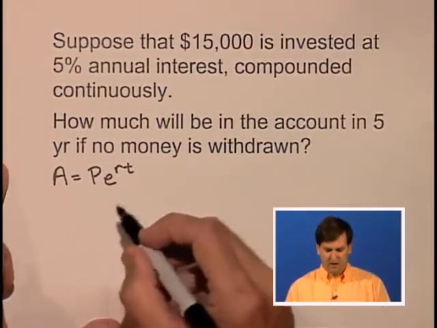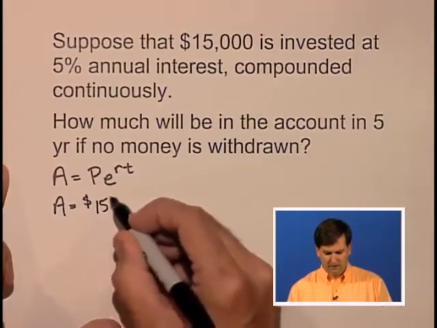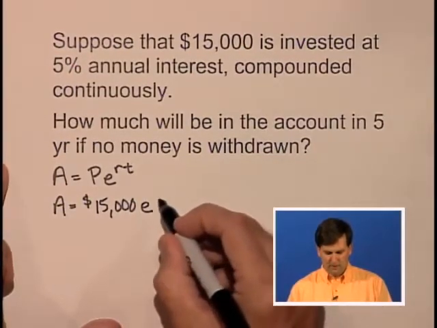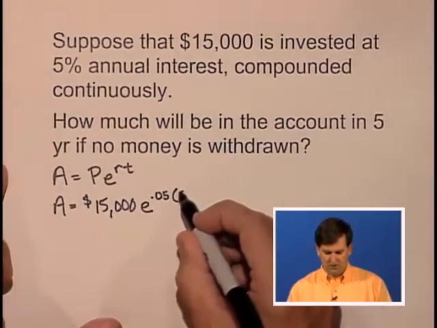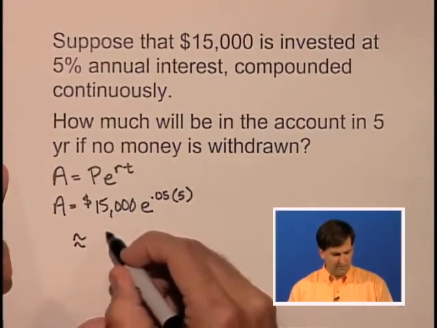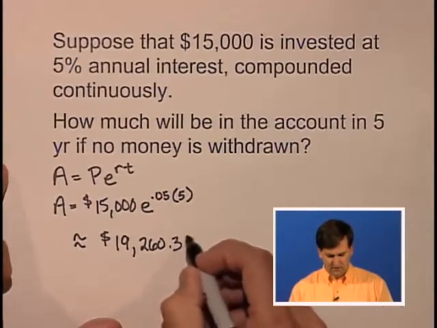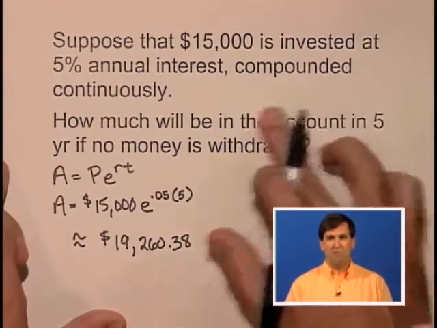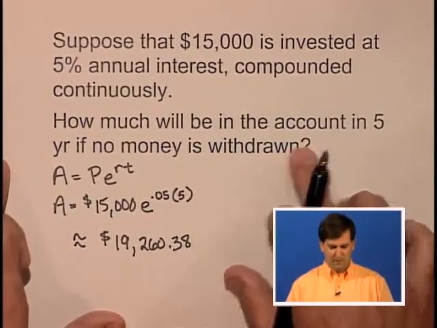measured in years. So if we're talking about 5 years, then we're starting with $15,000, that's our principal, times e to the 5%, which is 0.05, times the number of years, which is 5 years. We go to the calculator to get this answer. We get $19,260.38. So if we invest $15,000 at 5% annual interest, compounded continuously, meaning that it's always being compounded, after 5 years, if we don't withdraw any money, we'll have